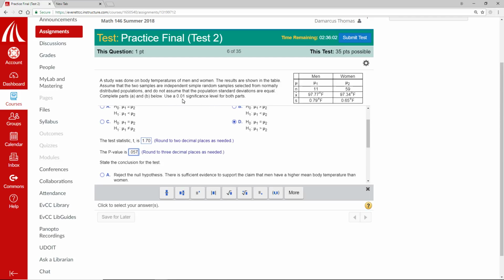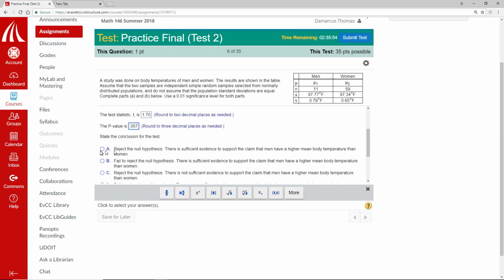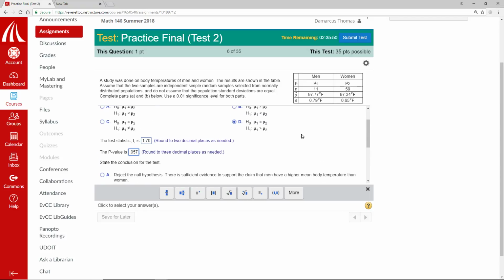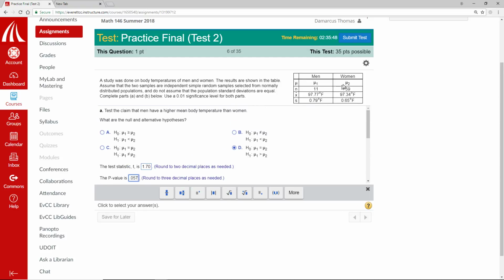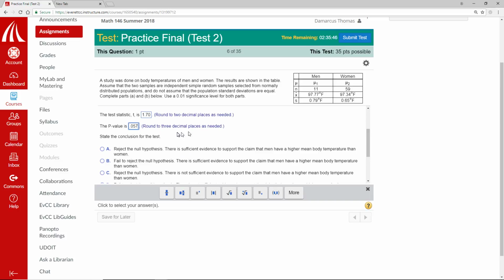It's not less than it. So the p-value is not less than alpha. So what does that mean? Well, we cannot reject the null. The null that they're equal, the equal means could be correct. We don't know. We can't reject it. The claim, we did not prove the claim statistically. So we'll fail to reject the null. There is not